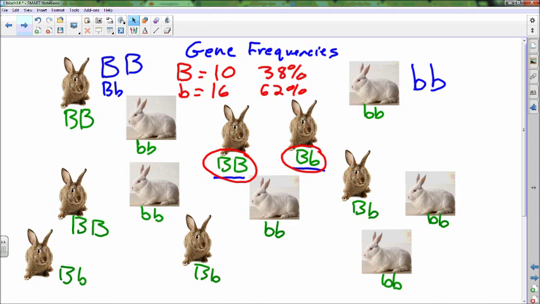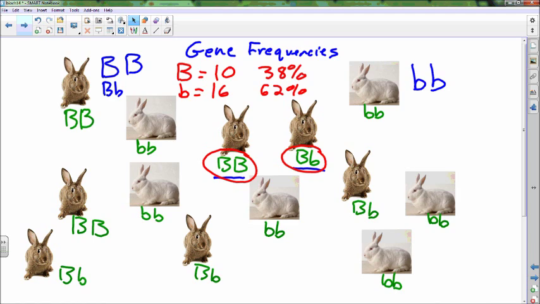Now, what Hardy and Weinberg figured out mathematically is that if everything is random, if these rabbits are mating randomly and everything is random about their lives, then those percentages should not change from generation to generation. And we'll write that down in a minute, so don't get too worried about trying to figure out what to put down. But basically they're saying if these rabbits all have babies and we look at the next generation, then